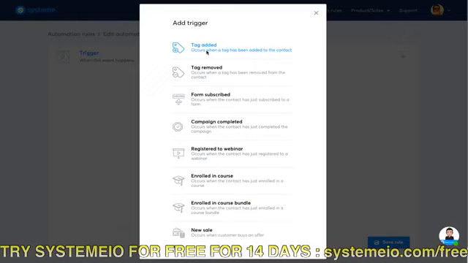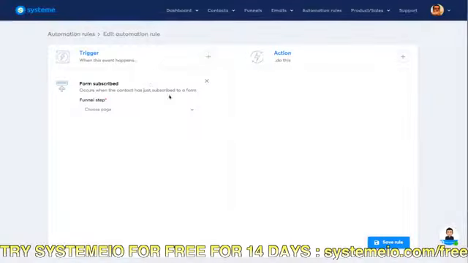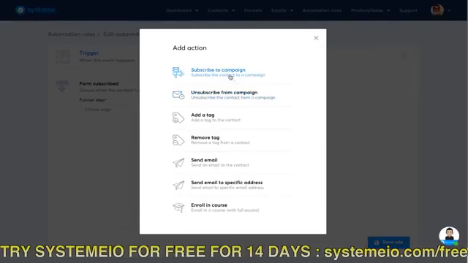I don't know if you understand, but it can be very complex if you want, or you can keep it very simple. You don't even need to use tags. Just trigger form subscribe, action subscribe to campaign, very basic. But if you want to make complex rules, if you feel you need to, you can.